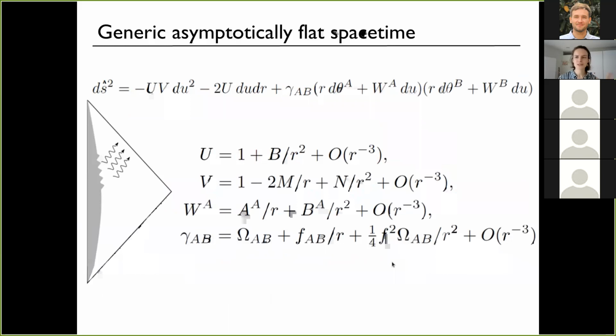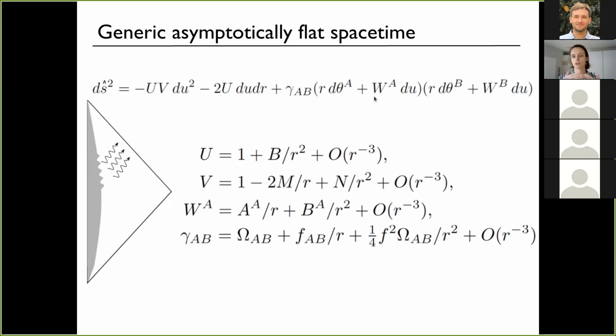Now, of course, flat spacetime itself is a little bit boring, right? But in fact, in any generic asymptotically flat spacetime, you can introduce a coordinate system in the following way. So the top part is completely generic, but the fact that we say this is an asymptotically flat spacetime is encoded in the fact that I demand that these coefficients, u, v, the gamma, the w, have to